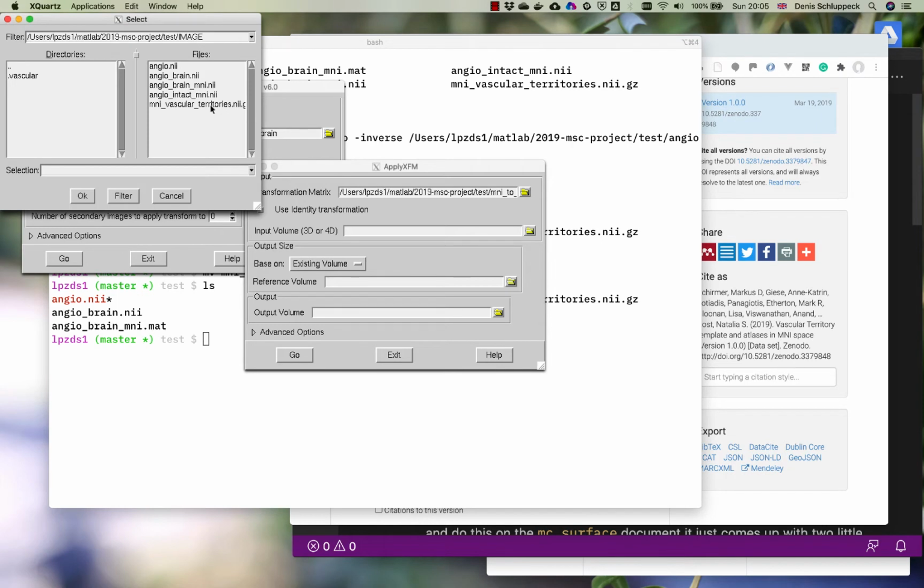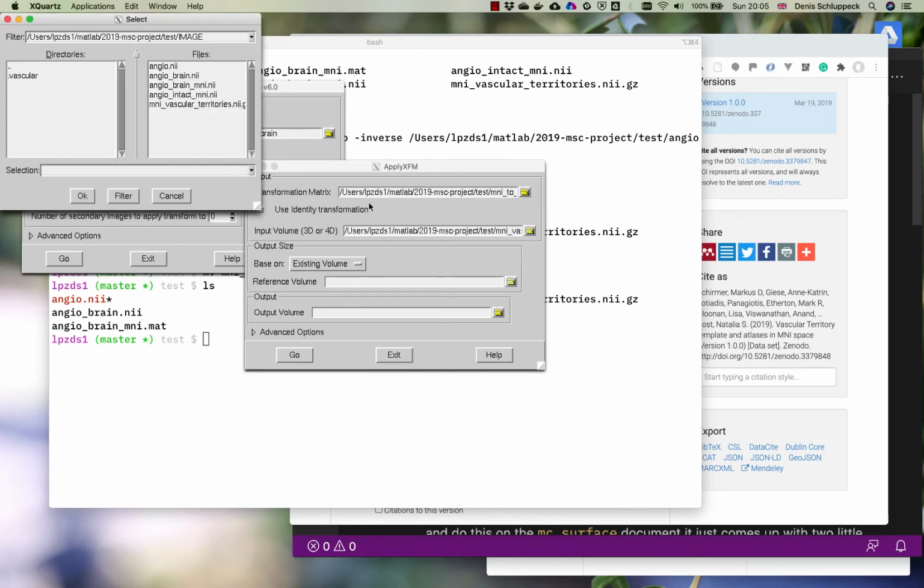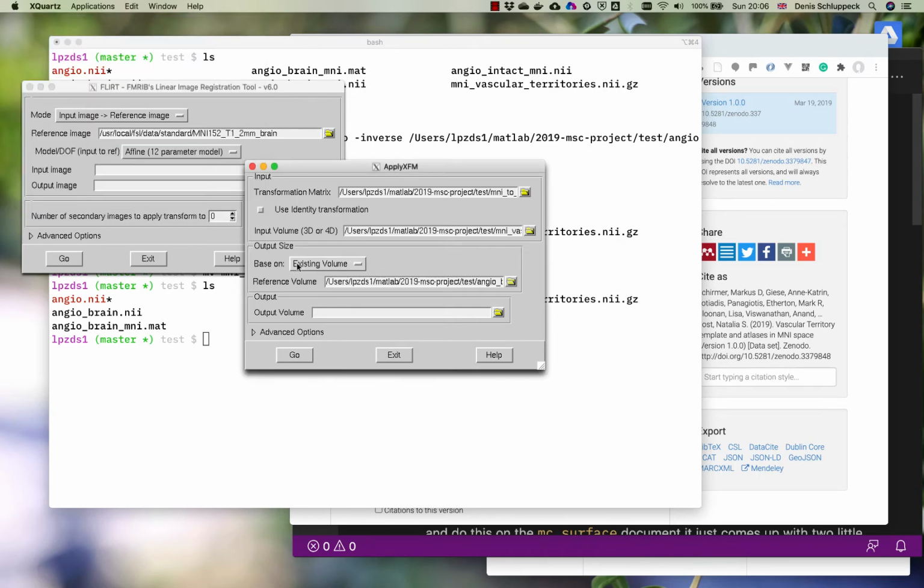That is this vascular territories file that I've downloaded, because that's the thing we're trying to turn into something else. And I'm going to base the output size on an existing volume in the destination space, which is the angio brain image that we have. This is the one where the in-plane voxel size is much smaller. So I'll use that. The output volume I'm going to call